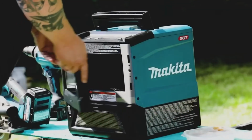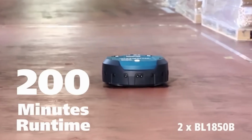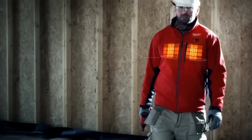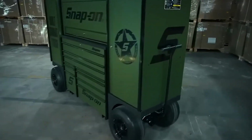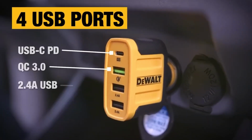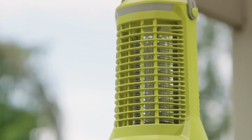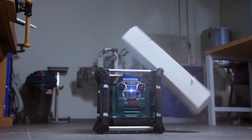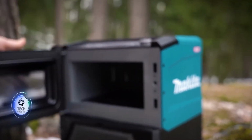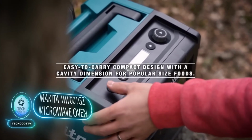Get ready to embark on an electrifying journey through the realm of ingenious gadgets tailored for the ultimate tool fan. From cutting-edge power tools to innovative accessories, we have scoured the market to bring you the most exciting and practical inventions that will revolutionize your workshop experience. So buckle up and join us as we uncover 15 incredible gadgets that will leave you itching to upgrade your tool collection. Let's begin. Kicking off our list is the Makita MW1GZ microwave oven, a groundbreaking innovation from the renowned